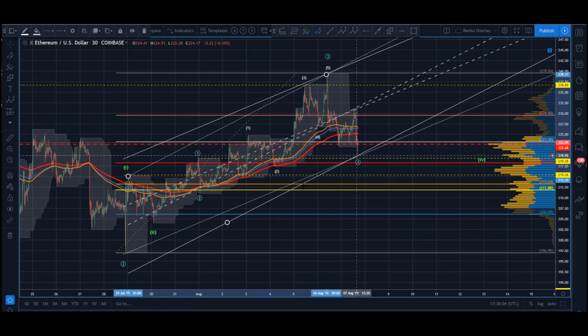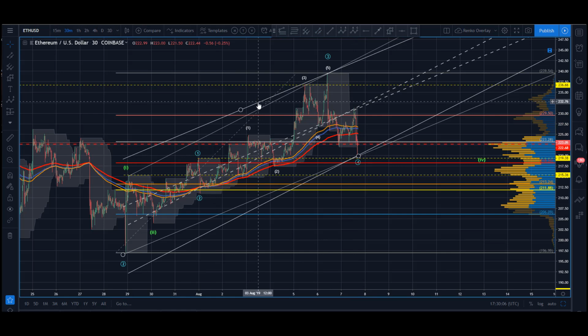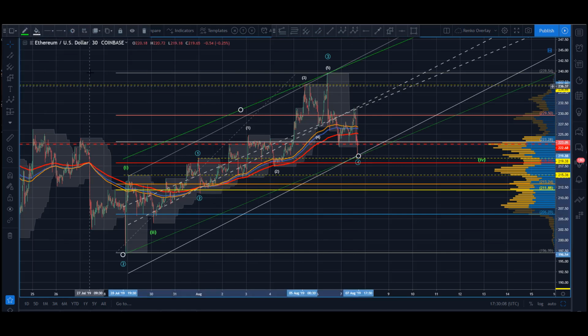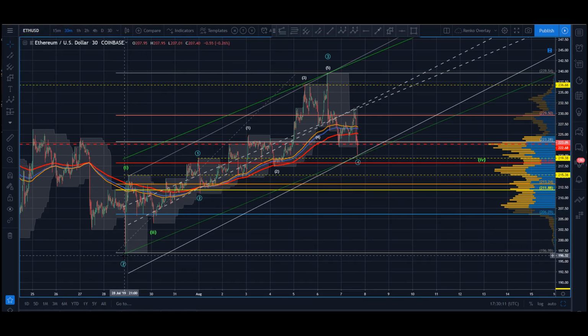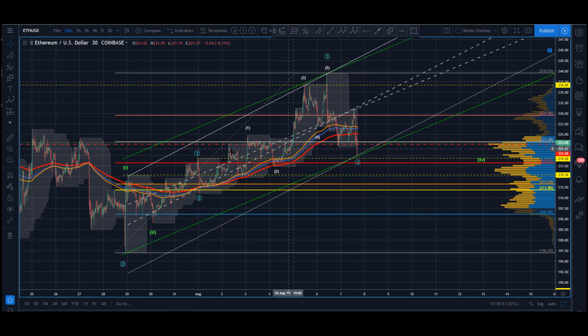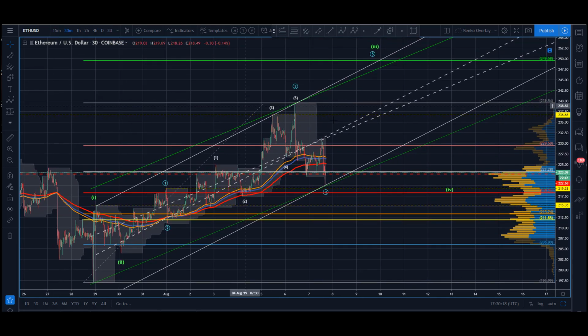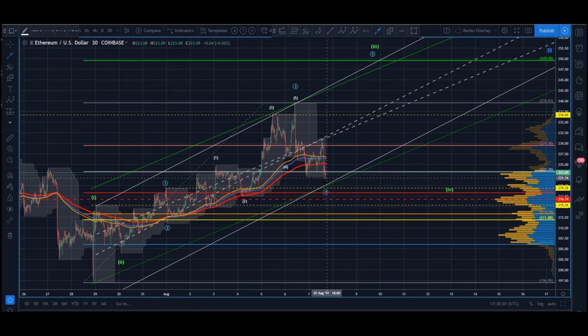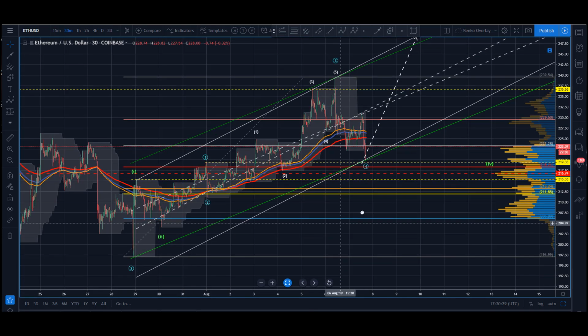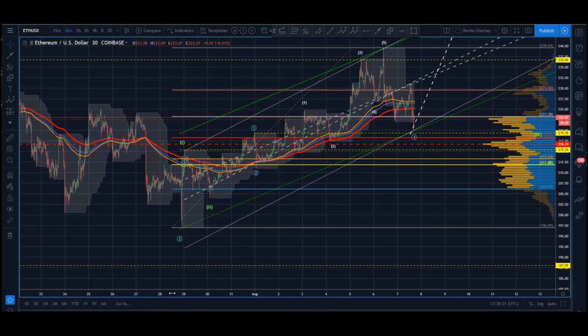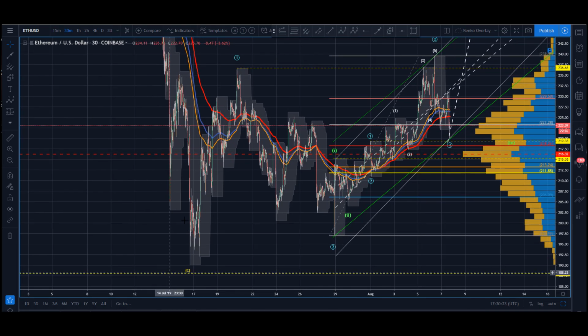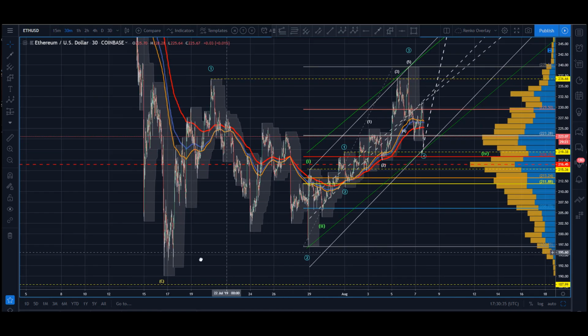So if that's going to hold, let's change that color. Let's put that, we'll go to green here. I might leave them both up, actually. So here's our target, right? If we can get there, we've got a pretty solid target here that would now allow us to complete this count here. And so backing all the way back out, then we start to build more confidence into the low back here, right? So the idea that we had 1 ABC into the 2,